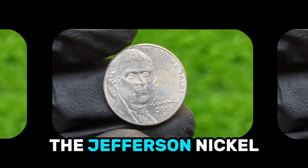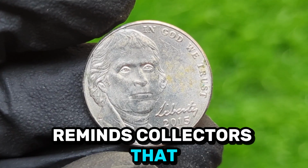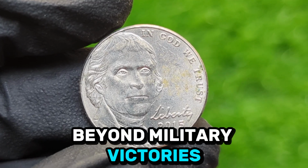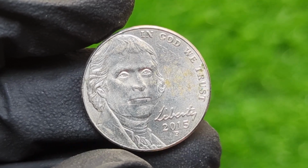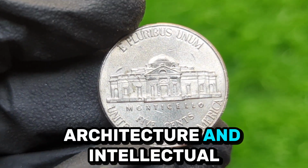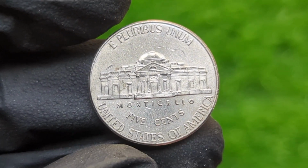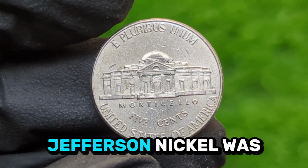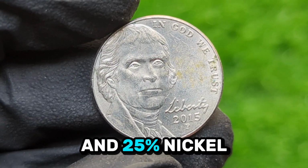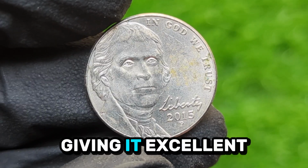Its appearance on the Jefferson Nickel reminds collectors that American coinage often celebrates achievements beyond military victories or political office. It honors creativity, education, architecture, and intellectual curiosity. The 2015 P Jefferson Nickel was struck using a composition of 75% copper and 25% nickel, giving it excellent durability